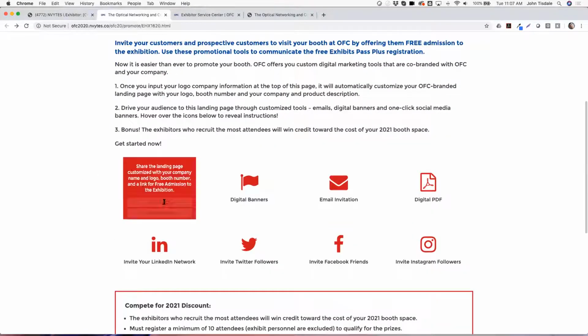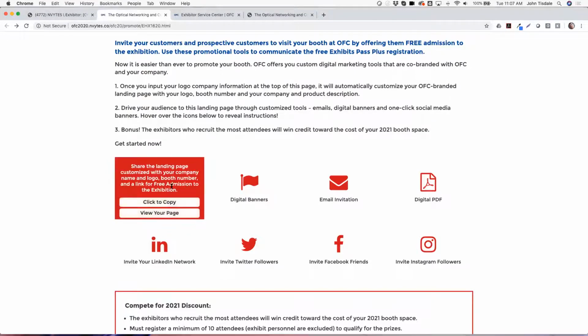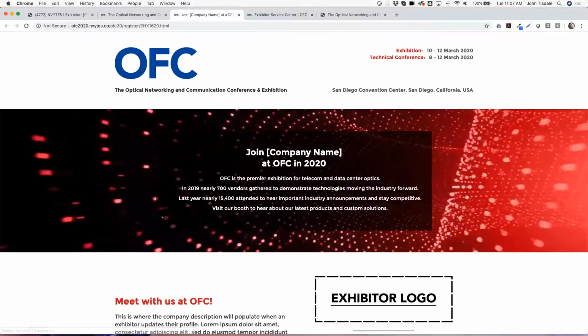The first would be a customized landing page. When you hover over this option, there's two options for you. One, you can click to copy the link. If you want to just copy this link and share that with your customers, then you can click to copy that, drop it in the email, send it to a bunch of your customers to drive them to your landing page. It's going to bring them to this page, which is a co-branded